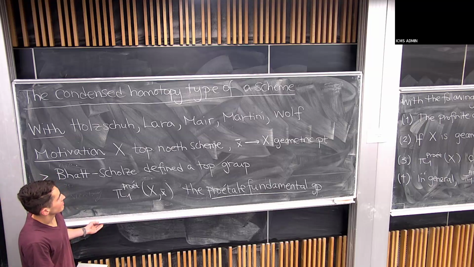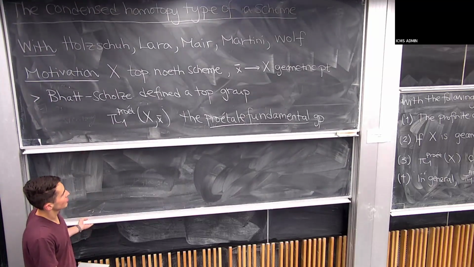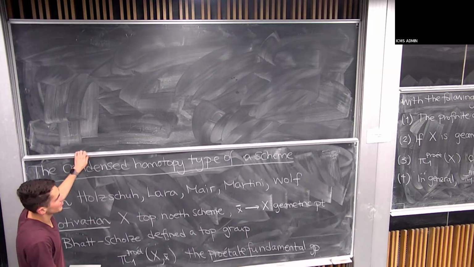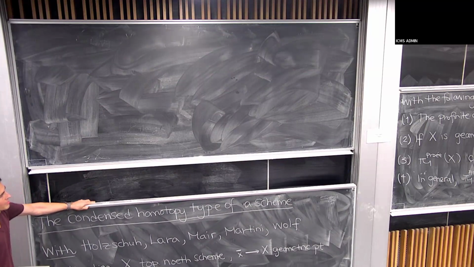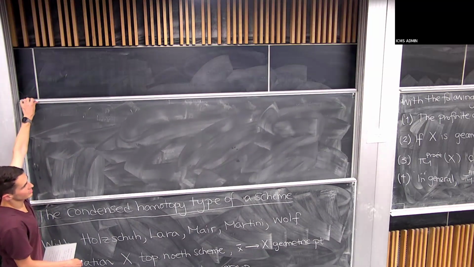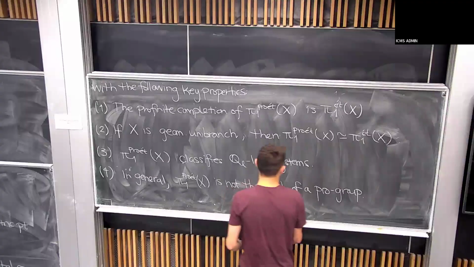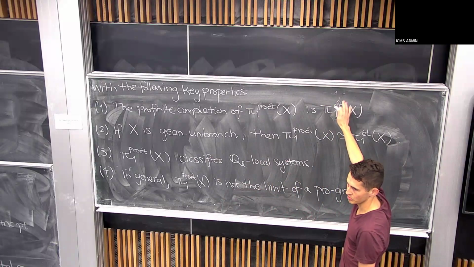So yeah, there are some simple examples like this. But the point that we wanted to try to understand is that people have understood a refinement of the Étale fundamental group called the Étale homotopy type. And we wanted a refinement of this pro-Étale thing. But the problem here is that in the Étale setting, this is a profinite group, so you can work with some kind of pro object, some pro anima.